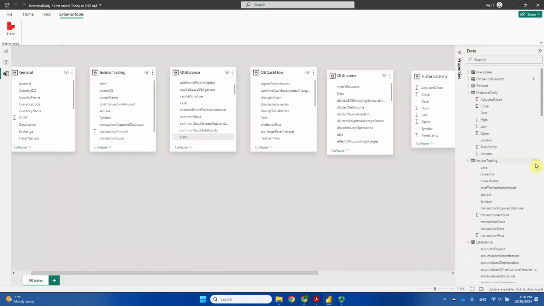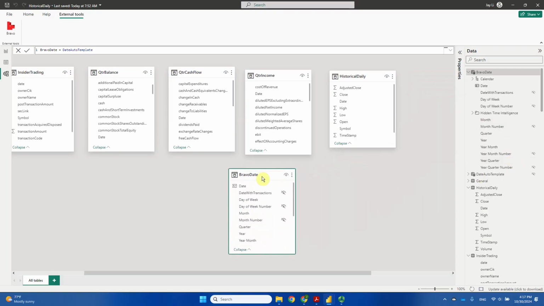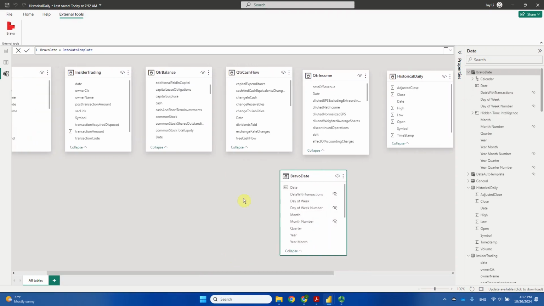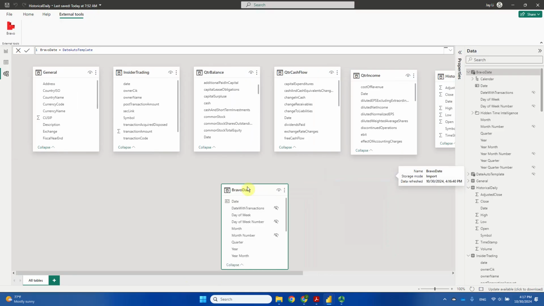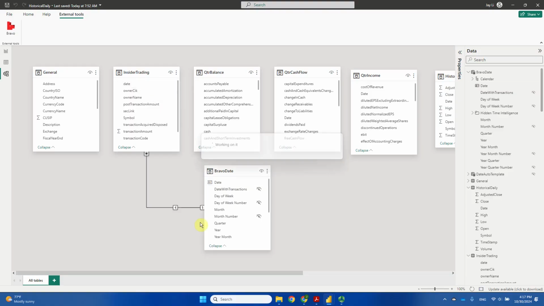All right, now you can see there's a new data set being introduced, Bravo date. It contains all the date related information or variables. Now I will base this relationship construction on this so-called date table. I'm going to connect this date field with the date under insider trading, and I'm going to connect this date with the date under the